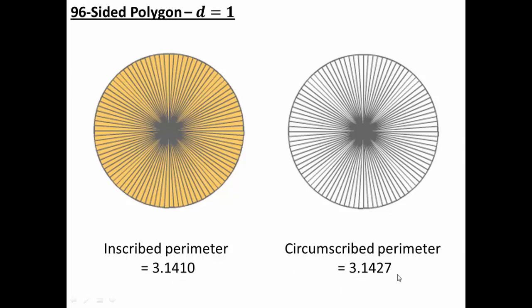Now 96 sides, this is where Archimedes stopped, but I could keep going further and further. Archimedes stopped here because he was limited by the tools that were available to him 2,000 years ago, but he failed to make that last little leap, that last step to the idea that if I increase the number of sides infinitely, not only would that give me a close value for pi, that would give me the exact value of pi, because if I have a polygon with an infinite number of sides, that polygon is no longer a polygon, it's a circle. A circle is simply a polygon with an infinite number of sides.